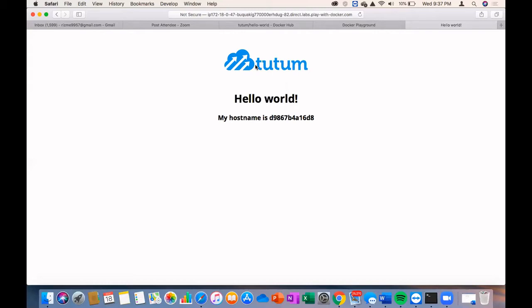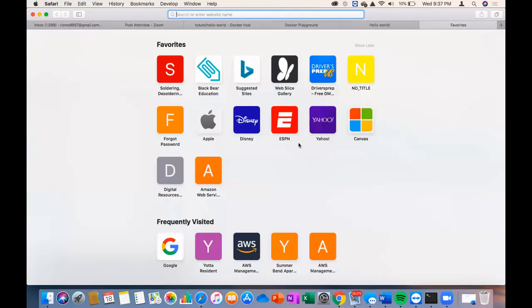So go and log into your AWS. We are going to run the same image inside an AWS.